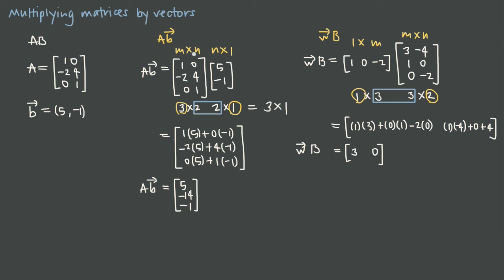What we see is that if we look at the dimensions of the product of this A times the vector B, the dimensions of the product are always going to be m by 1. So this down here, the result, is an m by 1 column vector. If we look at the dimensions of the result over here, the dimensions of the result are always going to be 1 by n. So this is a 1 by n. So what we're saying is that if we multiply a matrix by a column vector, the result of that will always be a column vector because we're always going to end up with 1 column. So the result will always be a column vector, and it'll have the same number of rows as the matrix. So it's going to be the rows of the matrix by 1 column. It'll be an m row